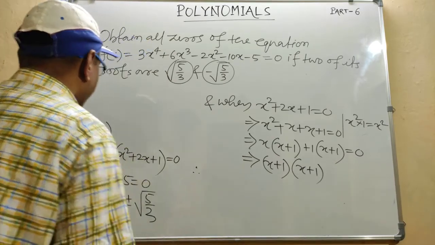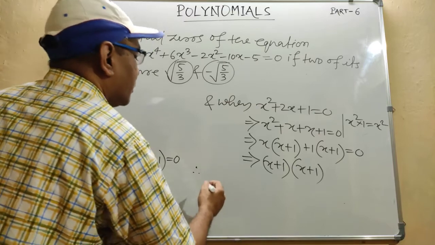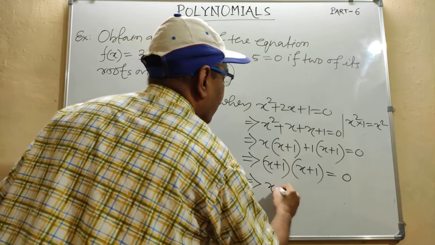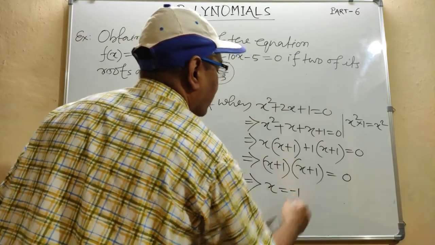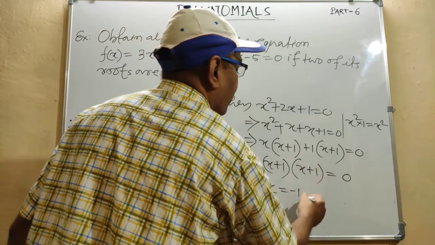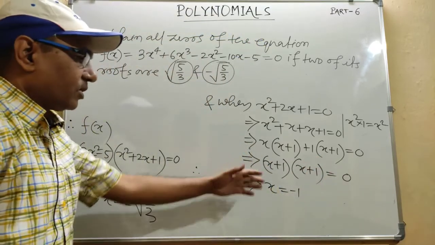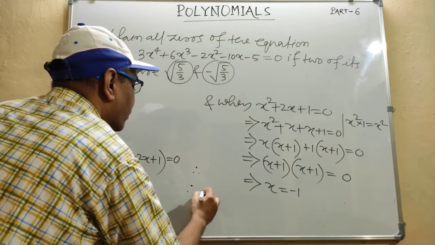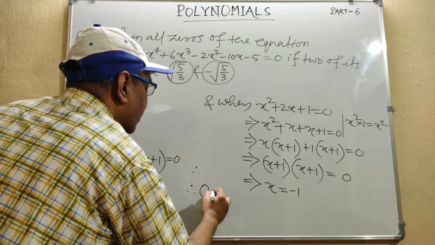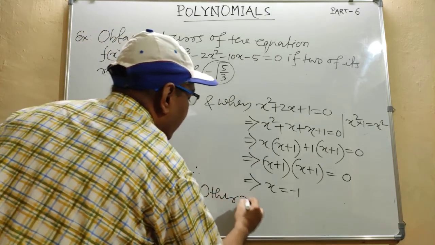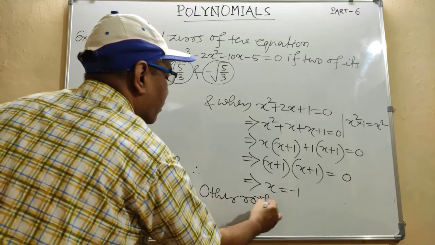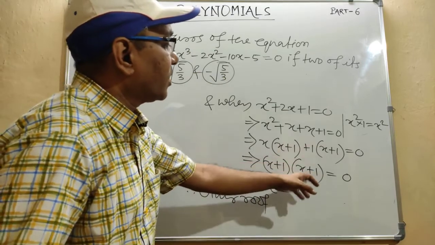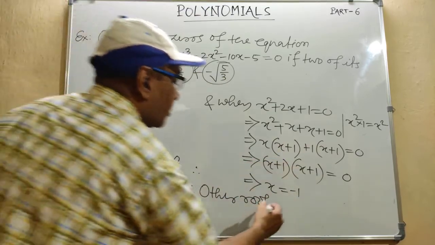Therefore this equal to 0 here only, right? Therefore x equal to, when we take this equal to 0, x will come minus 1, and when we take this equal to 0, then also x will come minus 1. So the same value will come, x equal to minus 1. Therefore there will be only one other root. From here -1 will come, and from here also -1 will come. So the other root